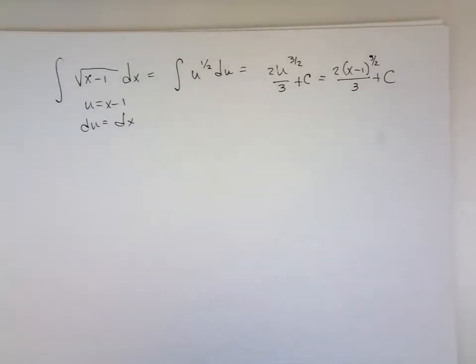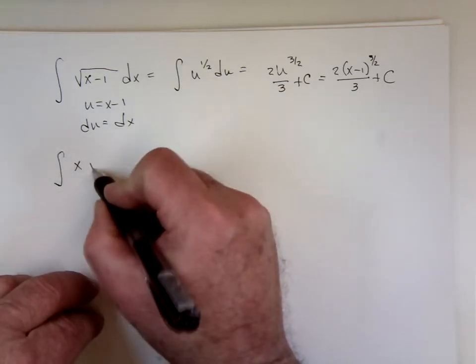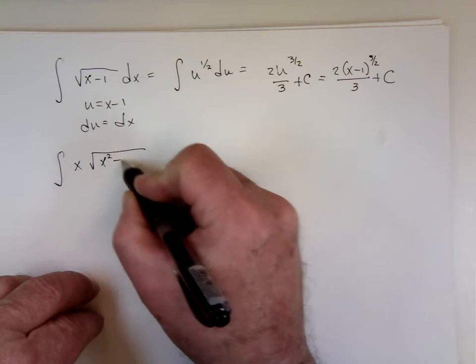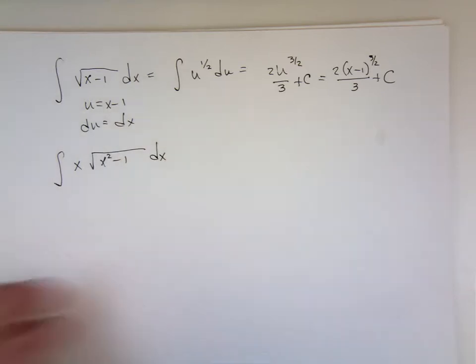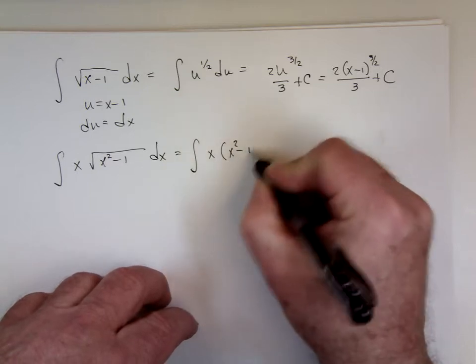It's good. Okay, let's do this integral. What do you do here? To the 1/2. What's to the 1/2? Oh, that square root thing. Okay, the x squared minus 1 to the 1/2. I can rewrite it that way. Then we solve for...